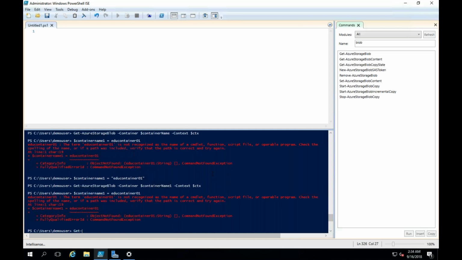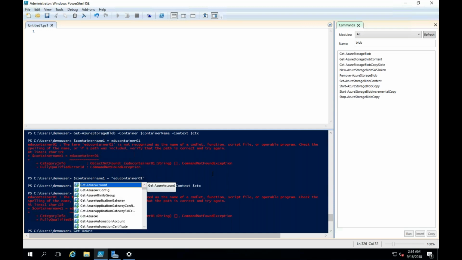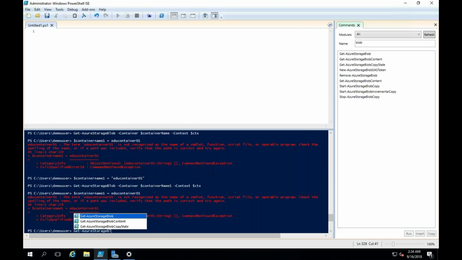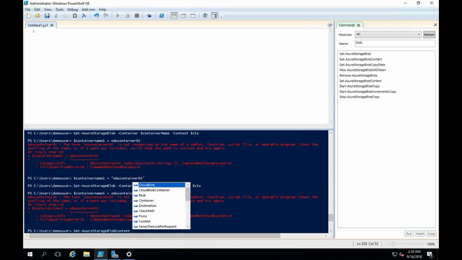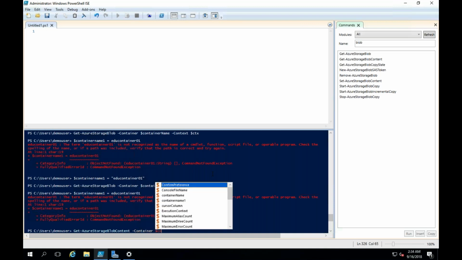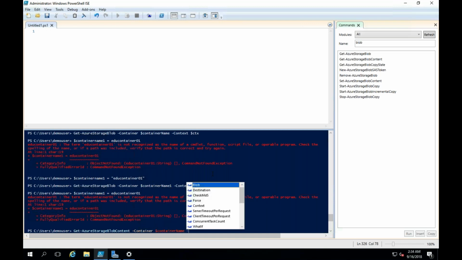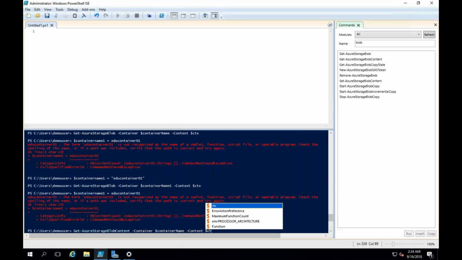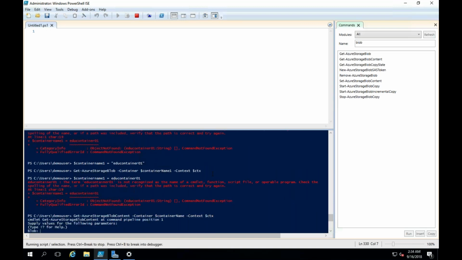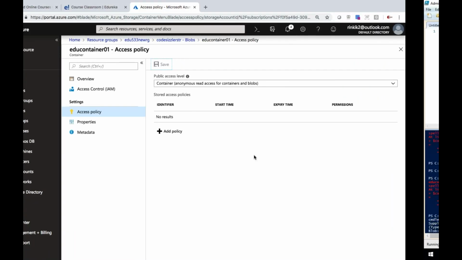I would say Get-AzStorageBlobContent, the container, this container name and context. The blob name what I have here is